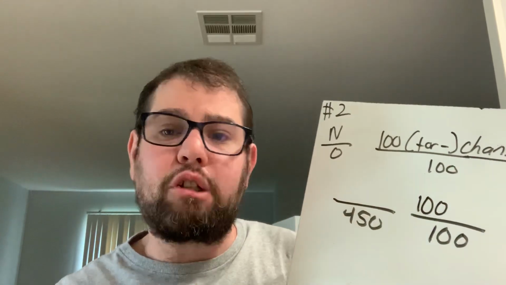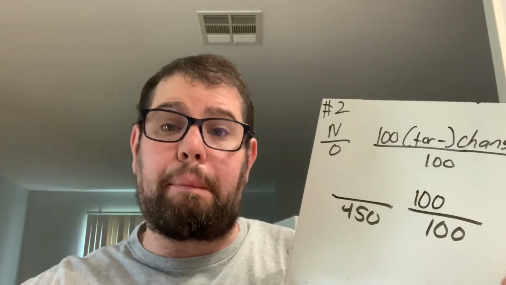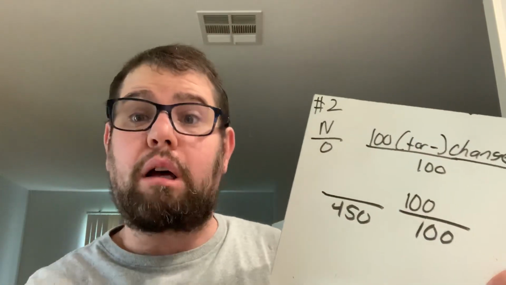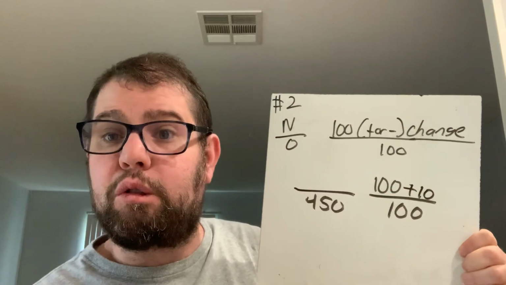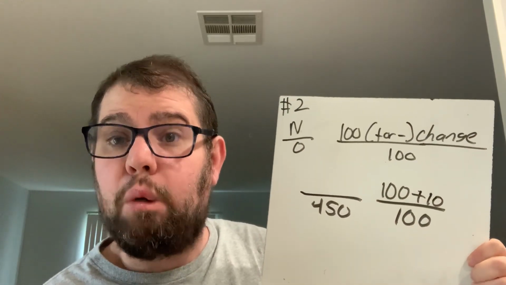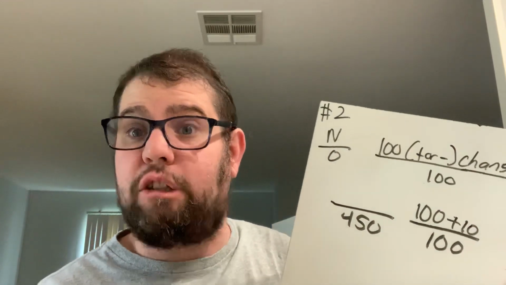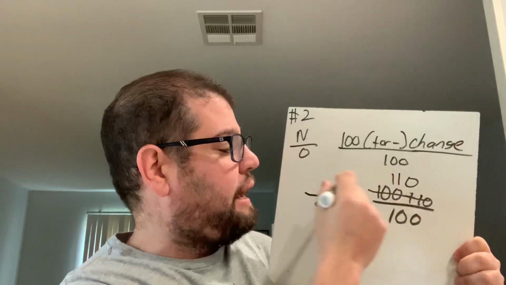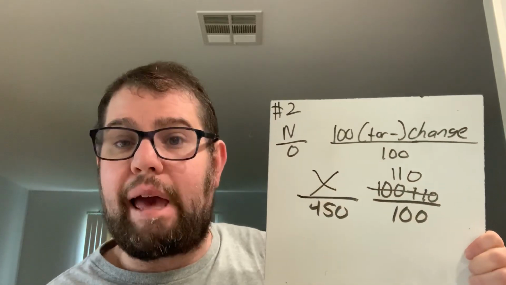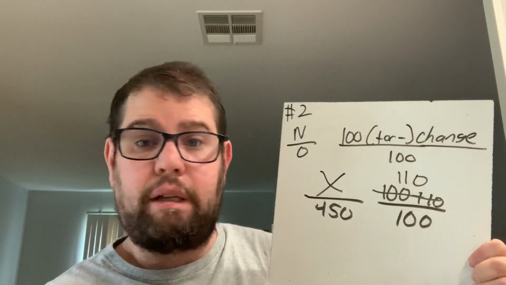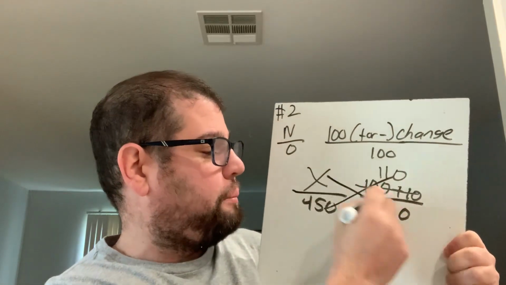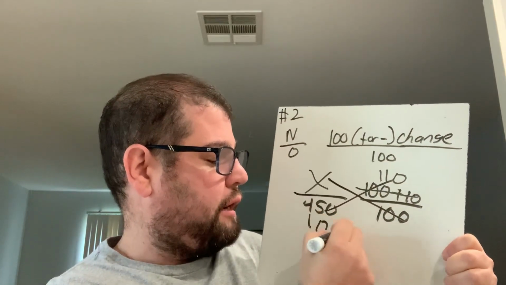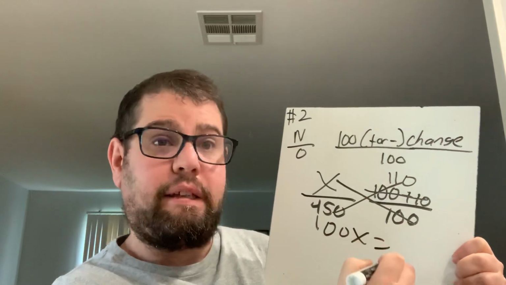And this time I have to go back. It said it was marked up. So whenever we hear the word mark up, we have to add 10 because it was marked up 10%. 100 plus 10, if you need to use your calculator, if you can do it in your head, is 110. I'm going to cross that off, write the 110, and put my X here for the variable. Now I'm going to cross multiply. I'm going to get 100x equals